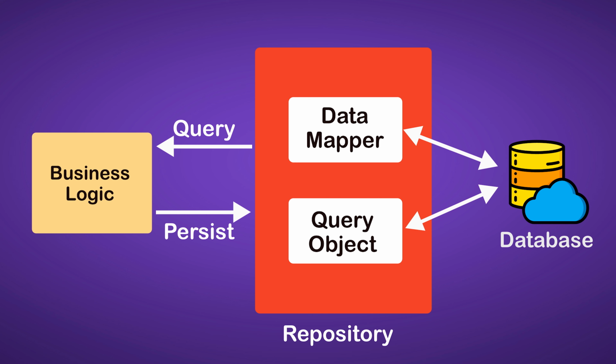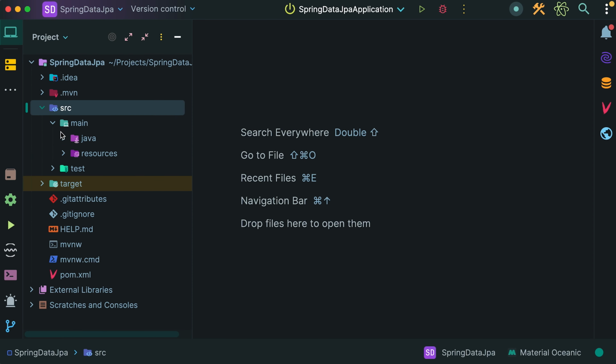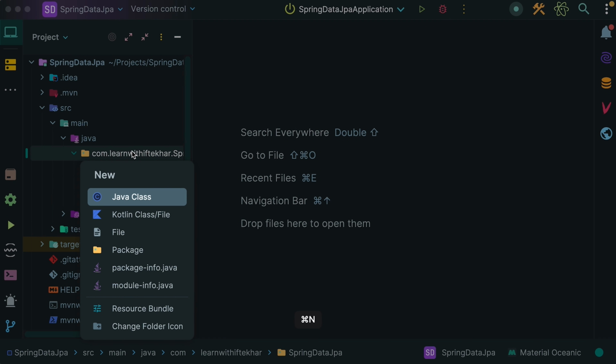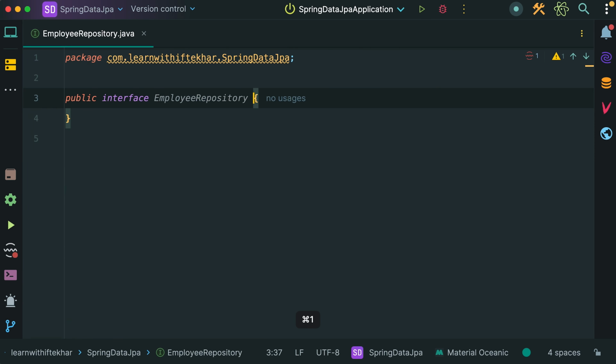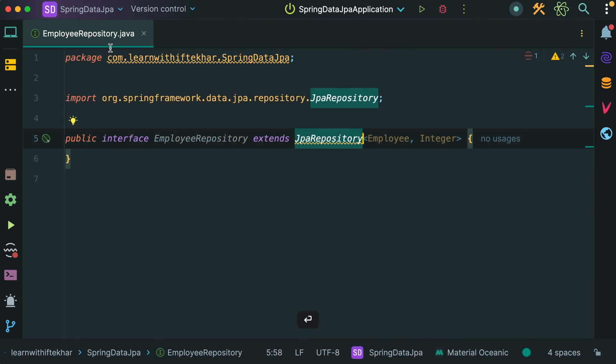Let's start by creating a repository interface. Open the sidebar and go to src, main, java. In our root package, create a new Java class, but make sure to select interface instead of class. I will name this interface EmployeeRepository. This interface will extend JpaRepository. Make sure to import it from